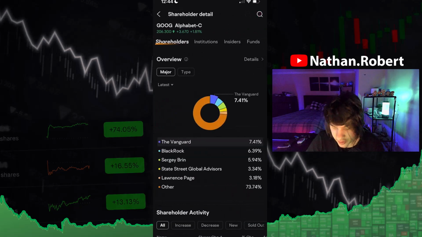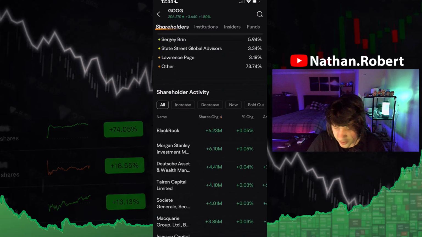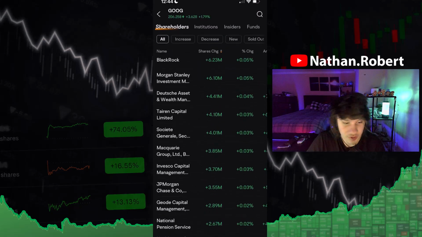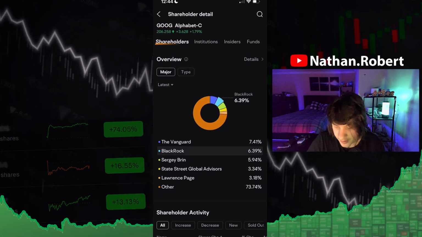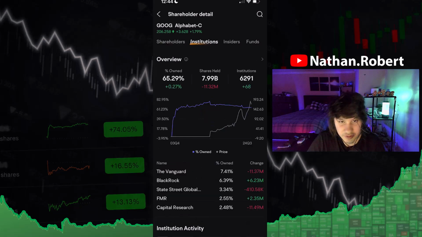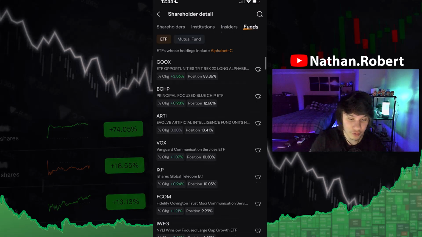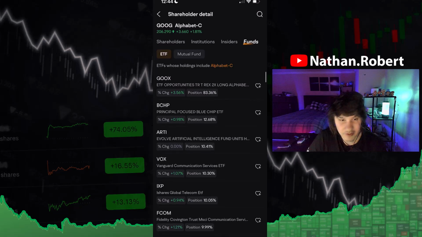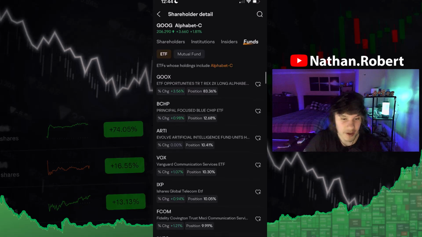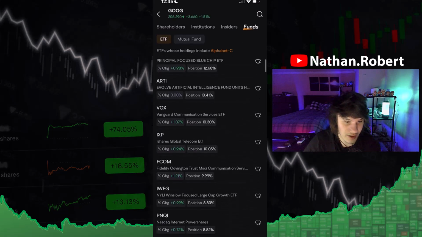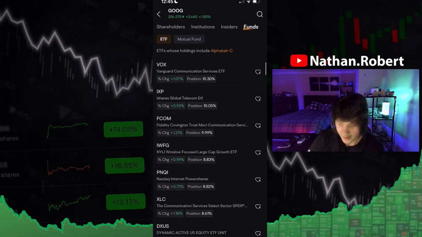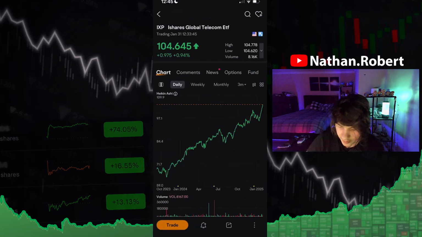So we can see for shareholders, Vanguard's the top shareholder here. And you can actually see what individual institutions own this. And if you click on the right here, the top right, you can go to institutions, insiders. And if you click on funds right here, you can see what ETFs actually own Google. And it sorts them by which ones own Google the most. So right here, random stock like IXP, the iShares Global Telecom ETF, 10% of this ETF right here is just